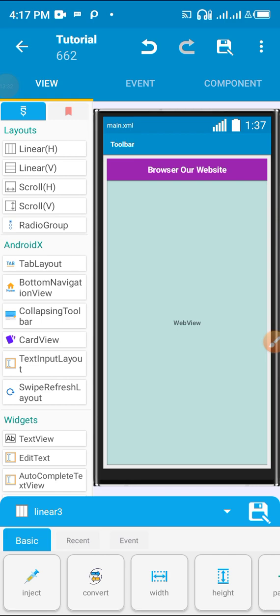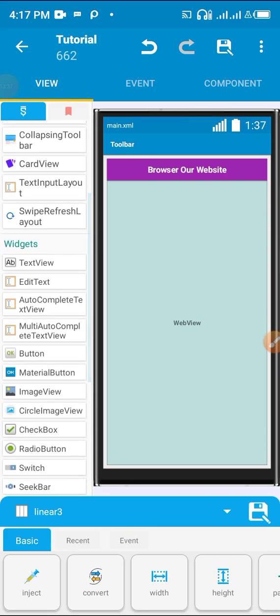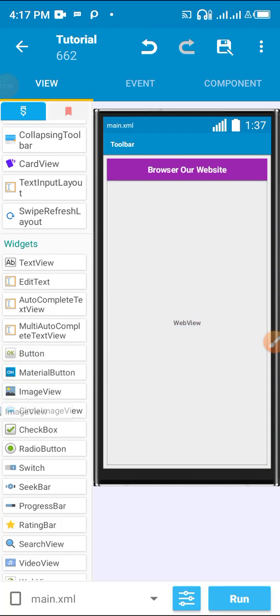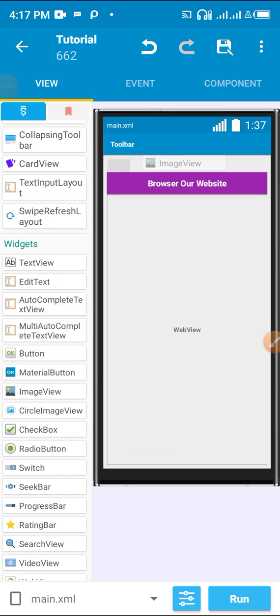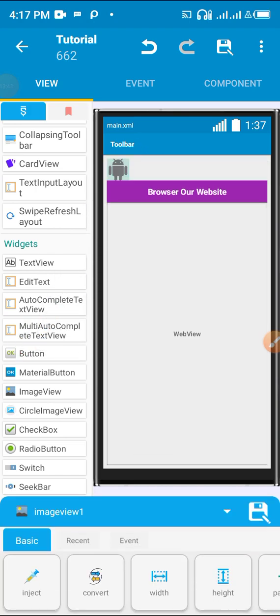So then if you want to put something like a picture, I will come to drag and drop. You drag here the image view. Already you know about image view. When you want to put a picture, I drag the image view and put it on top of them. Then I will come to the image view